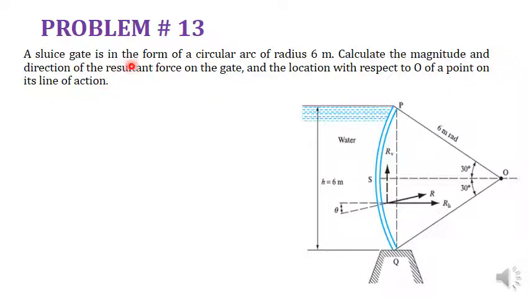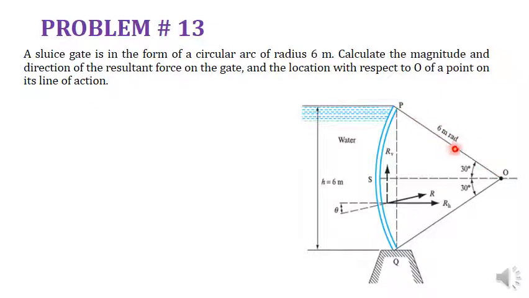So here a sluice gate is going to be considered. You have the water flow. Maybe this will be the upstream side, and on the other side maybe any level downstream side, but we are only considering the upstream side. In the previous part number 3, we solved a numerical problem in which we considered a vertically placed sluice gate, but here the shape of the sluice gate is changed, that is, a curved or circular arc. So this circular arc has a radius equal to 6 meter.